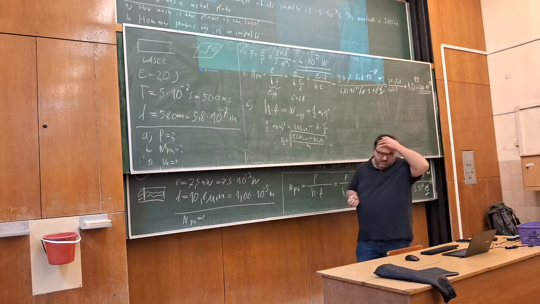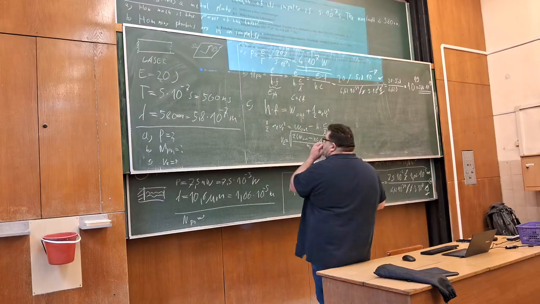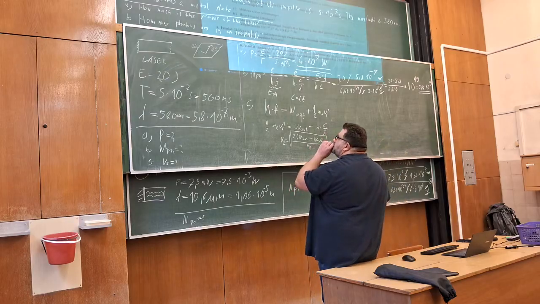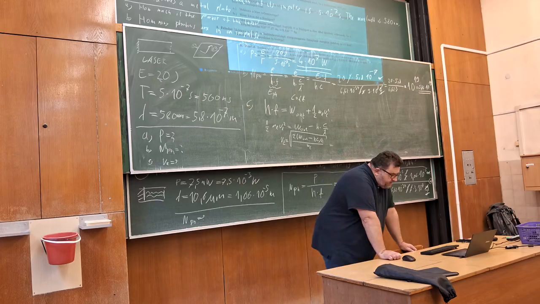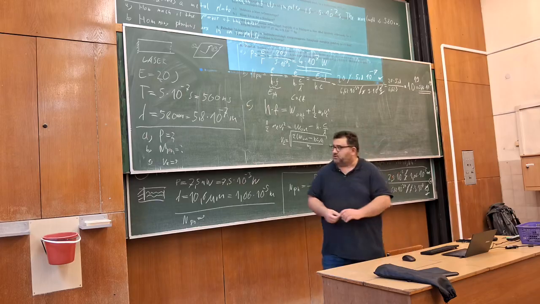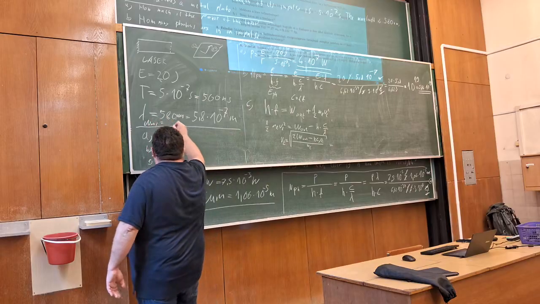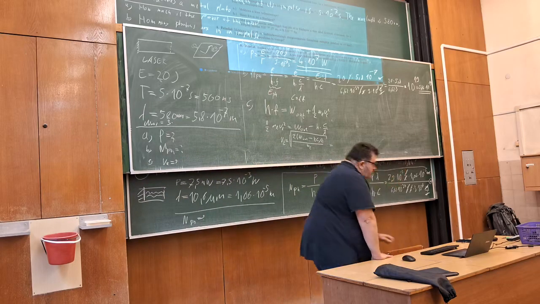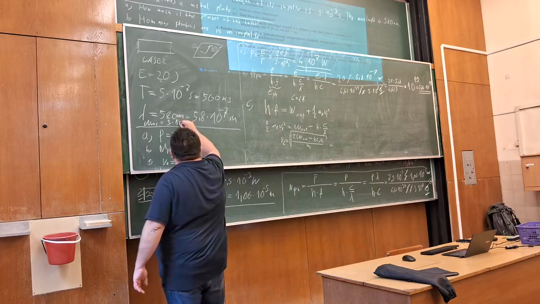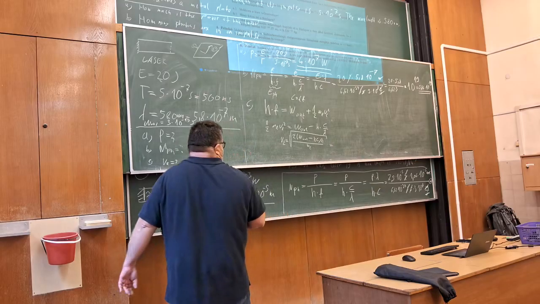We have the, wait. I forgot to write this down. This V out, and you didn't tell me. That's 3 times this one. Okay, then